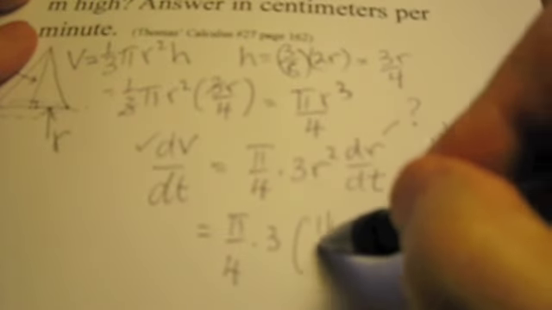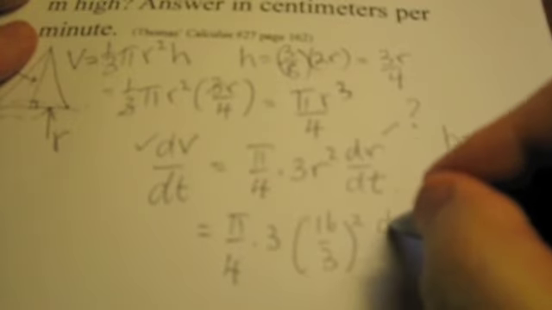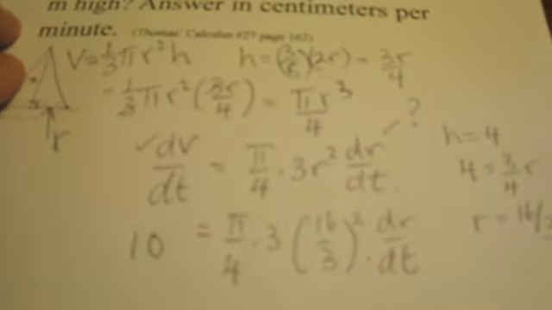We're going to do 16 on 3 squared, and dr on dt is what we're wanting, and we need to put in now, of course, that the rate of change of the volume is 10. And now our task will be to simply simplify this. So we end up with 10 equals pi on 4 by 3 by 16 squared over 9